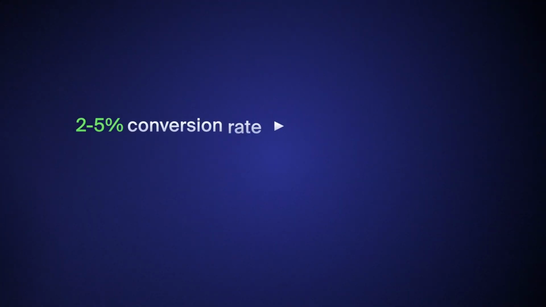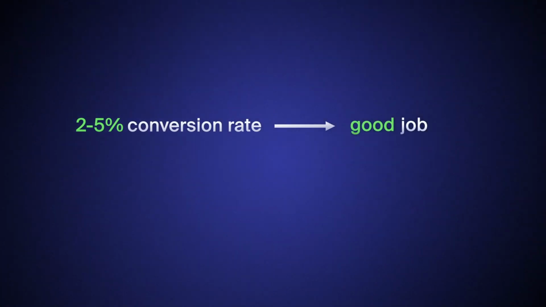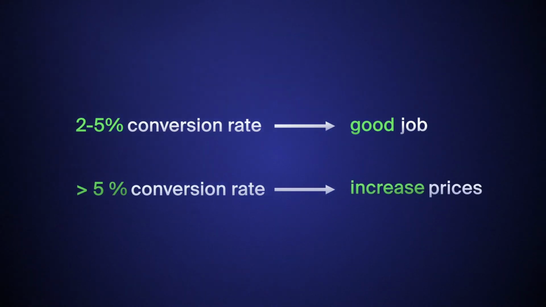And many people are actually worried to increase their price, but you can measure it on the conversion rate. If you have, for example, between 2 and 5% conversion rate, you're actually doing a good job. And if you have more towards 5%, you can increase your prices, because that basically means that you're also selling products for way too cheap. And a little hack you can do is also implement bundles. So you have a volume discount if people buy multiple products of the same item, or actually mix and match multiple items. Because with a higher average order value, you make directly more profit from your Google Ads